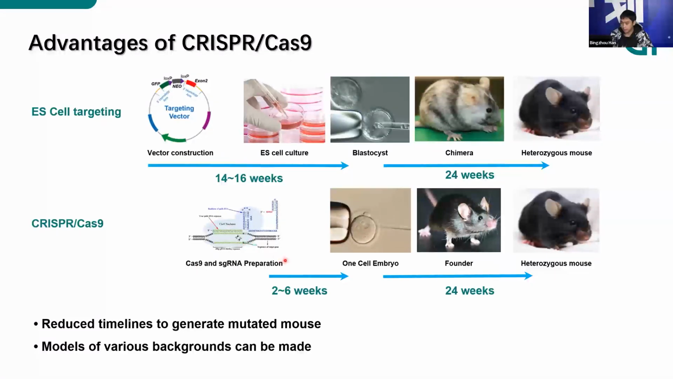So this process could be as short as 2 to 6 weeks, and then we inject these components into one cell stage embryos, and then we can get the founder chimeric mice, which is not cellular chimeric but genetically chimeric, and then we also cross this founder with the background mice, and we can get the heterozygous. And while this time process seems equal in these two strategies, we can actually save a lot